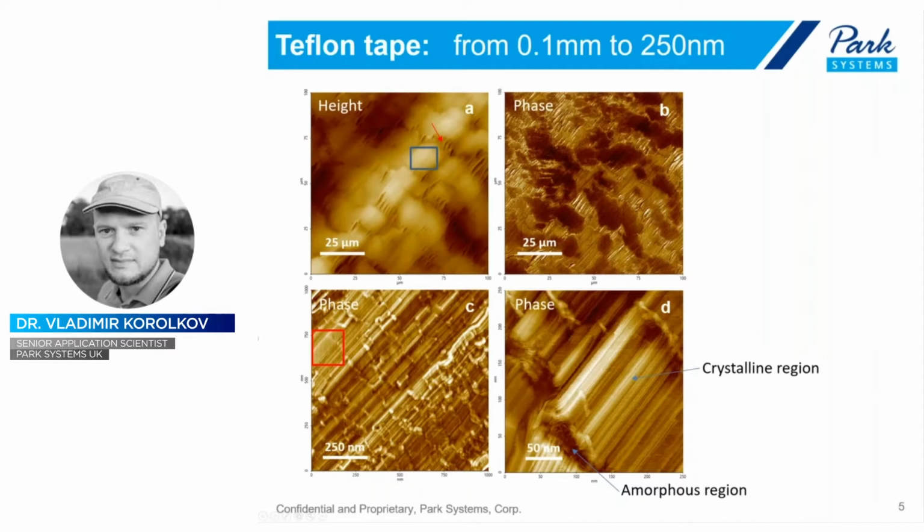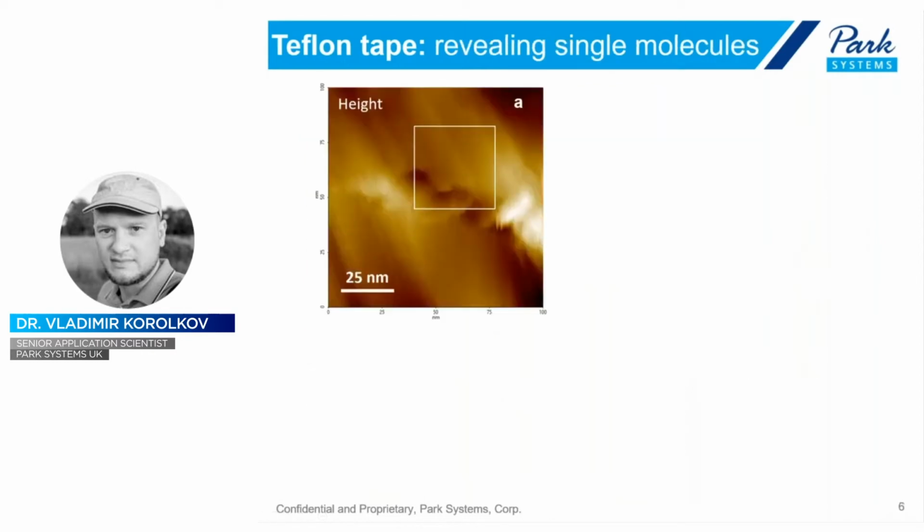But what we really want to look at is the detailed structure on those crystalline areas. For instance, here in the area that is highlighted with the red square, we will try to observe a bit more detailed structure. For instance, when we zoom in and take a 100 nanometer scan height image, you can see those individual lamellas with very well-defined steps,